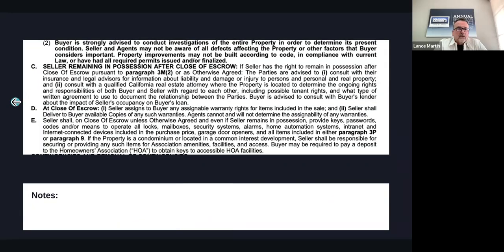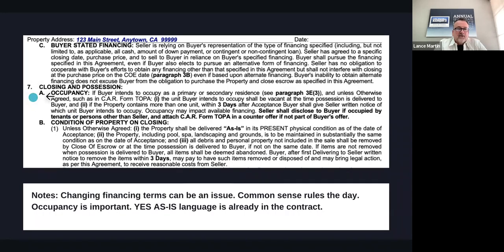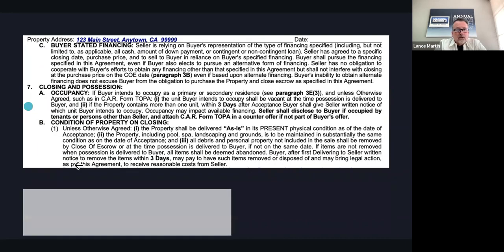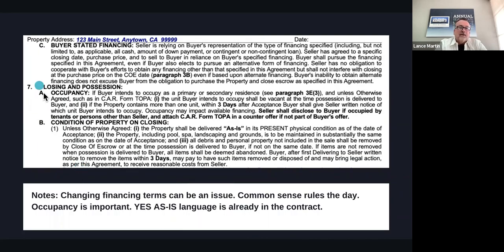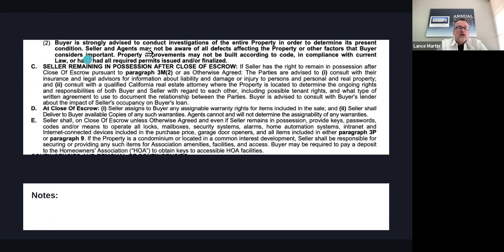Again, let me go back. We're continuing here. So we're on paragraph 7. We did A and B. Now we're continuing to, oh, wait a minute. Hold on a second. Okay, I'm sorry. Paragraph 7B1, and item 2. Okay. So again, buyer is strongly advised to conduct inspections of the entire property in order to determine present conditions,